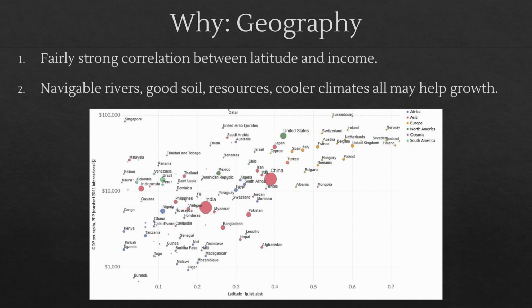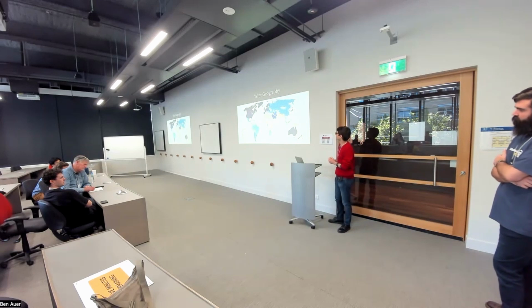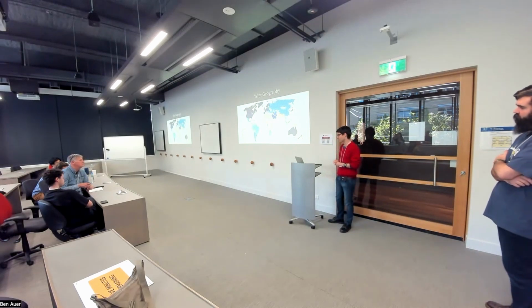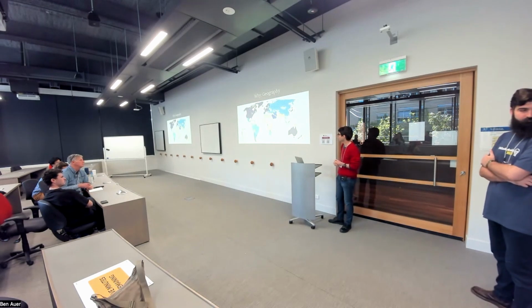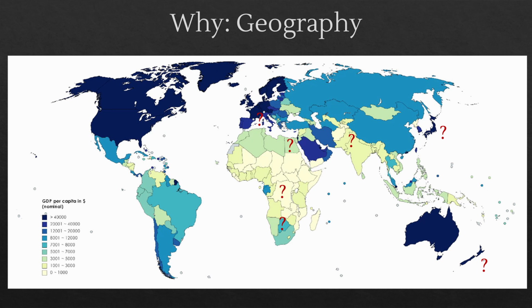Once again, there's certainly some truth to that. Geography obviously matters to some extent, but I'll put a few question marks on the map here to indicate that whenever someone says this geographic feature is super critical, there's always counterexamples. Botswana is a classic example of a landlocked country that's mostly desert. It's not rich, but it's much richer than most of its neighbors. So Botswana's the one in South Africa, if you're not sure.